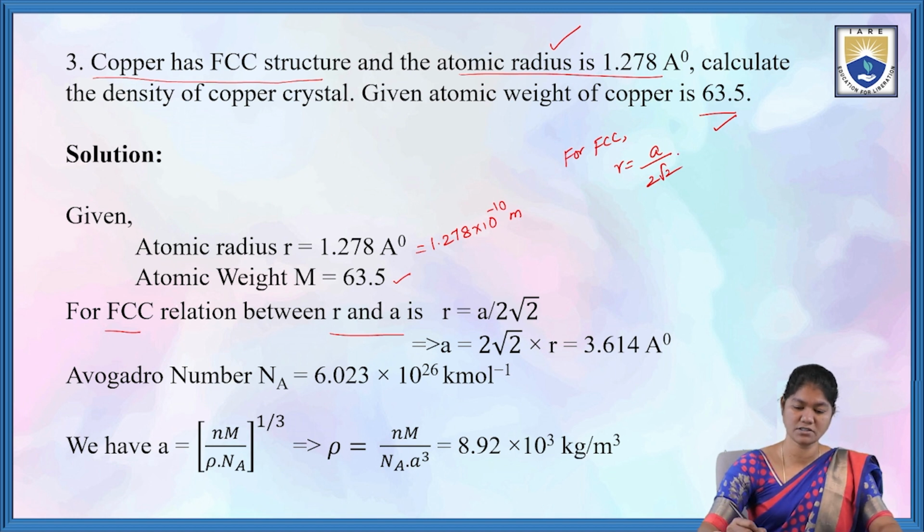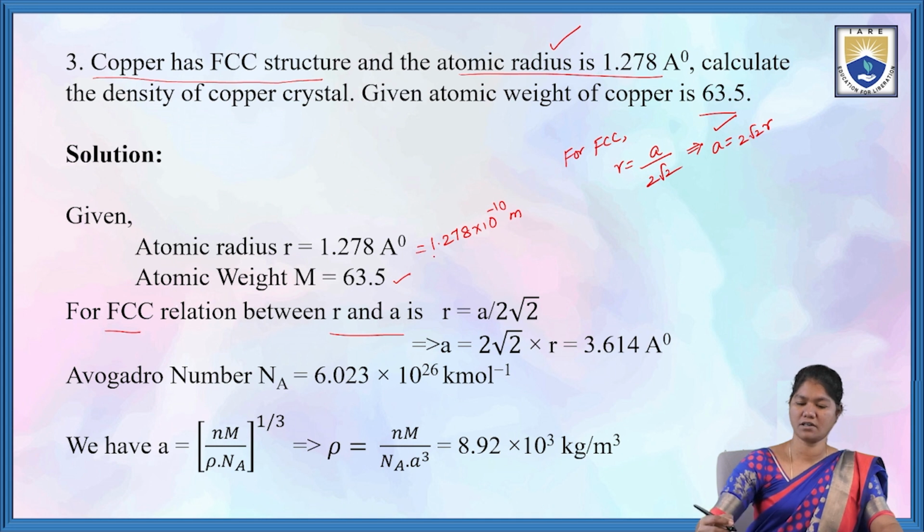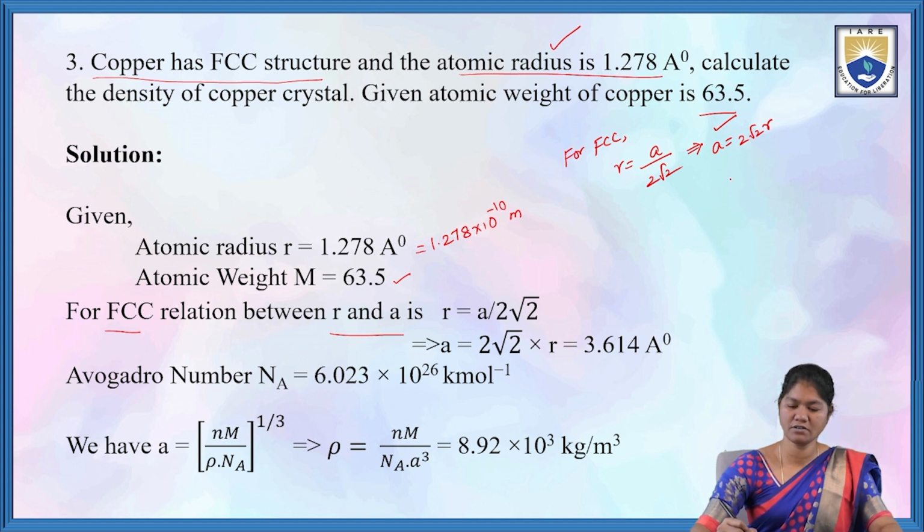From this, A is equal to 2 root 2 R. R is given, so substituting the R value, 1.278 into 10 power minus 10 meters, A is equal to